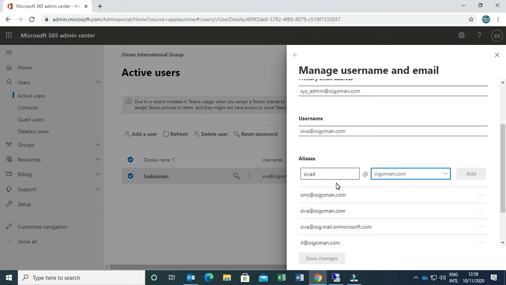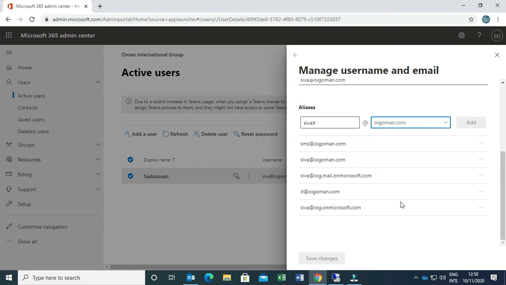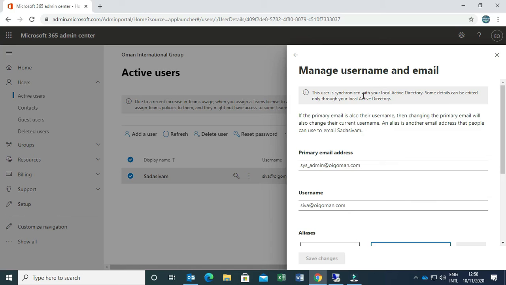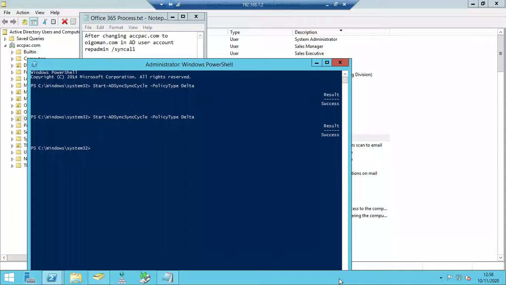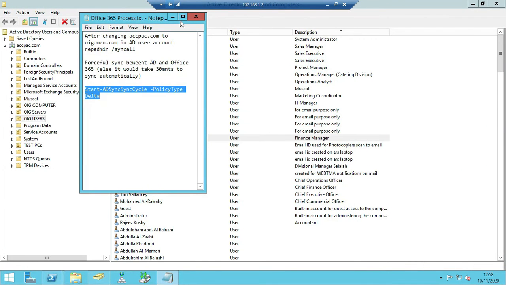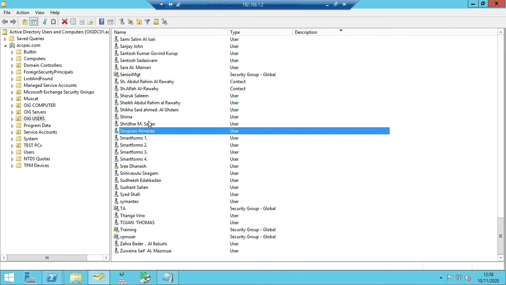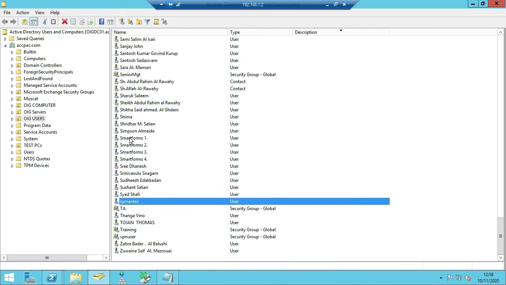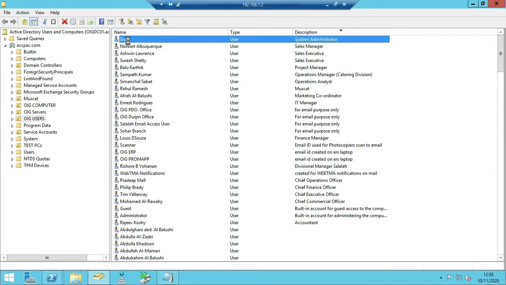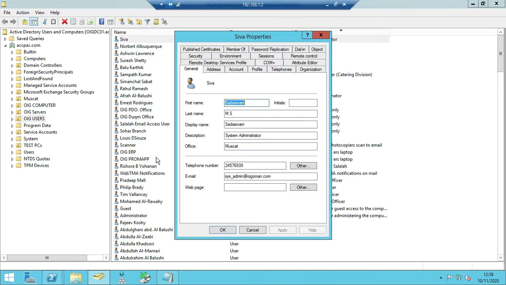What you see here is that the option to add is disabled, because this admin portal is synced with the Active Directory on your on-site premises. So we need to go to the on-site premises, log in to your Active Directory, open Active Directory services, then click on the username for whom you want to add the multiple email IDs. Right click on that user and go to Properties, and from Properties select the Attribute Editor.